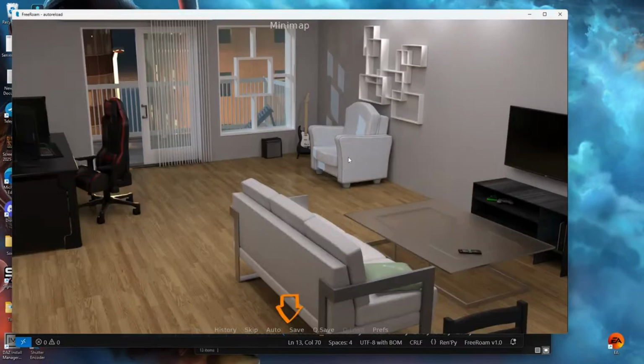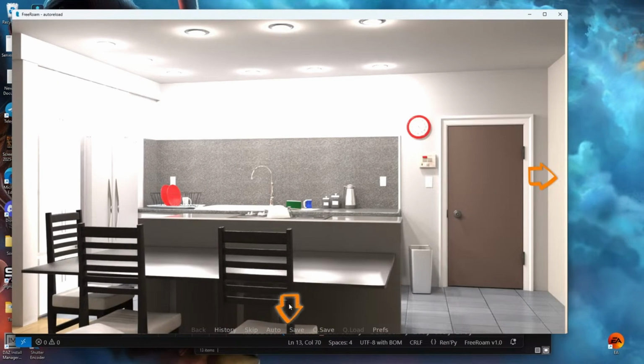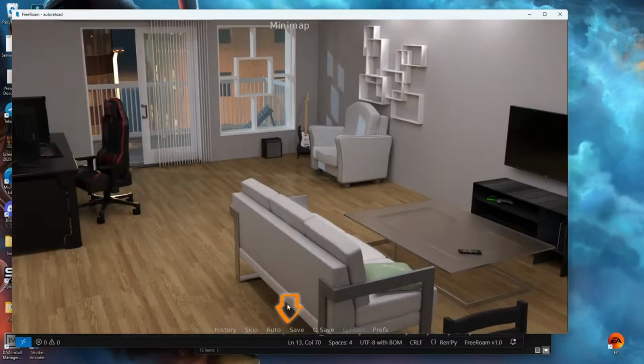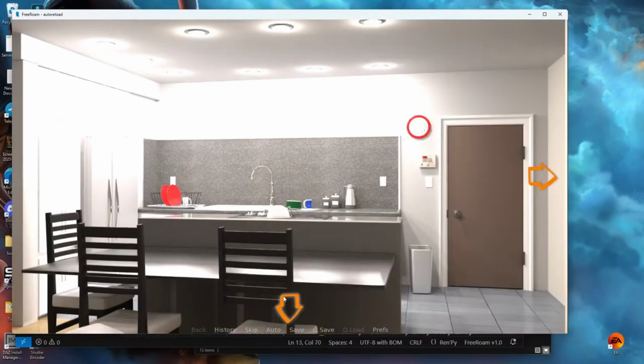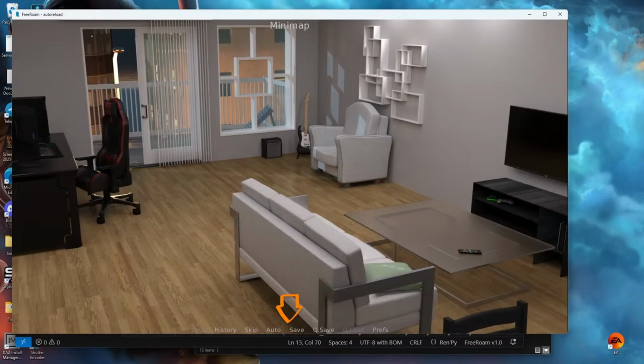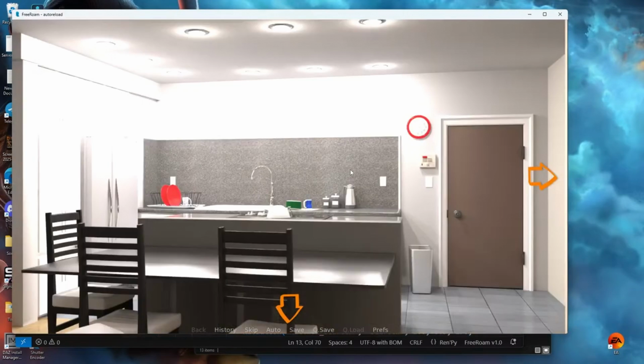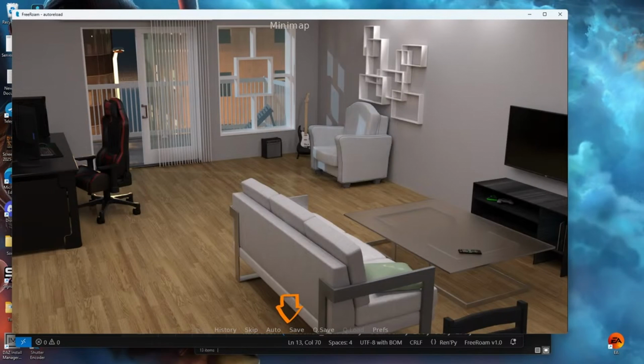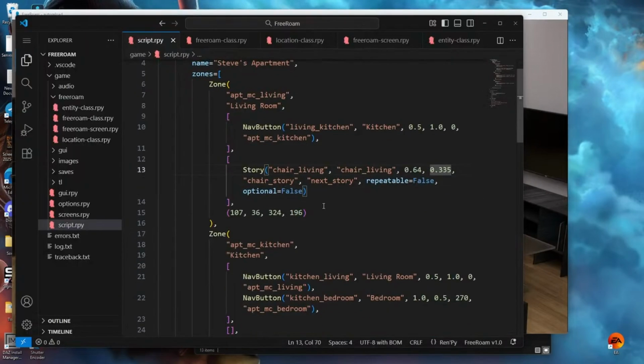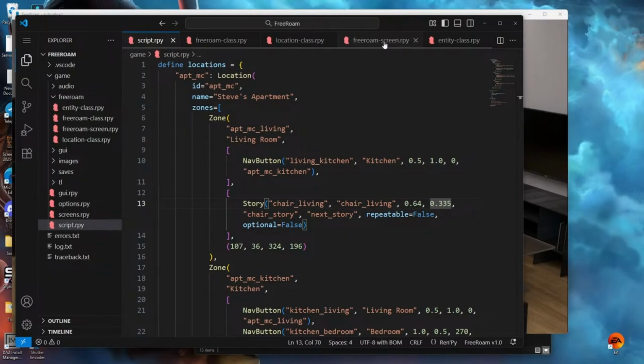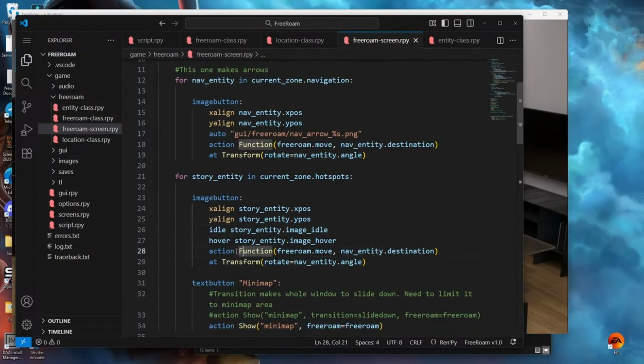But now, if I click it, why is it... it was supposed to show me. Okay, I see what's wrong. I forgot. Action, not the Freeroam move. Action should be jump to function, not function, but